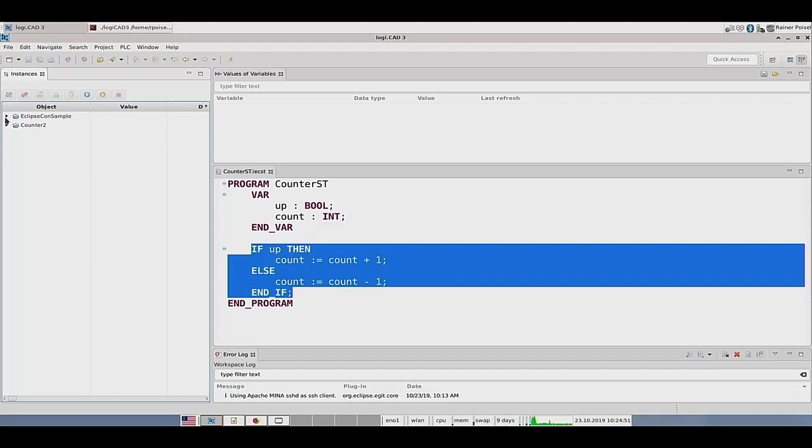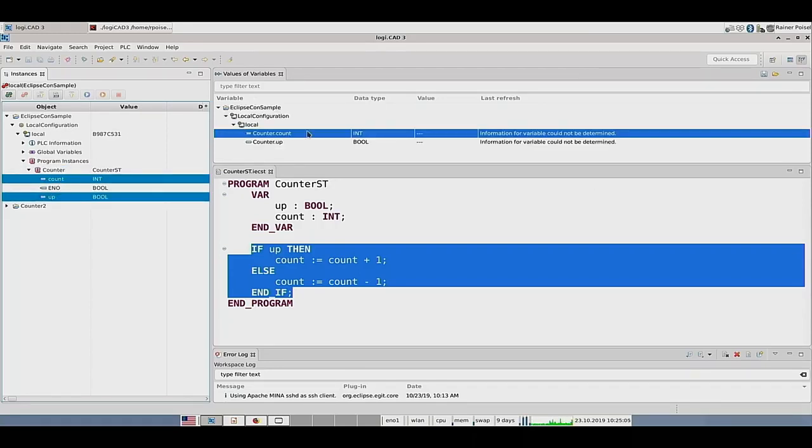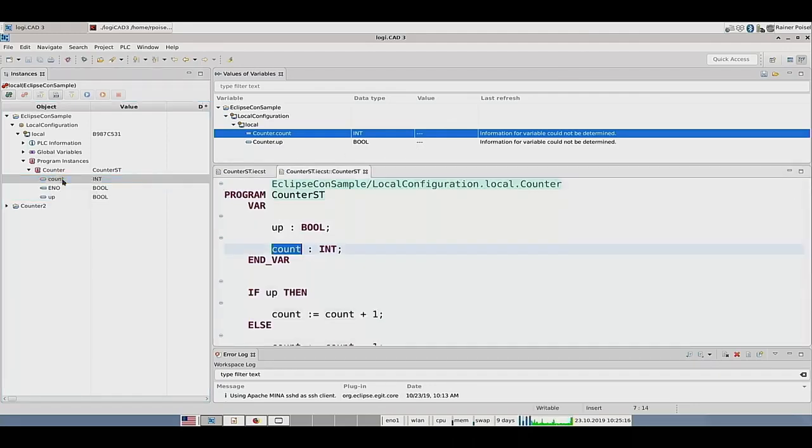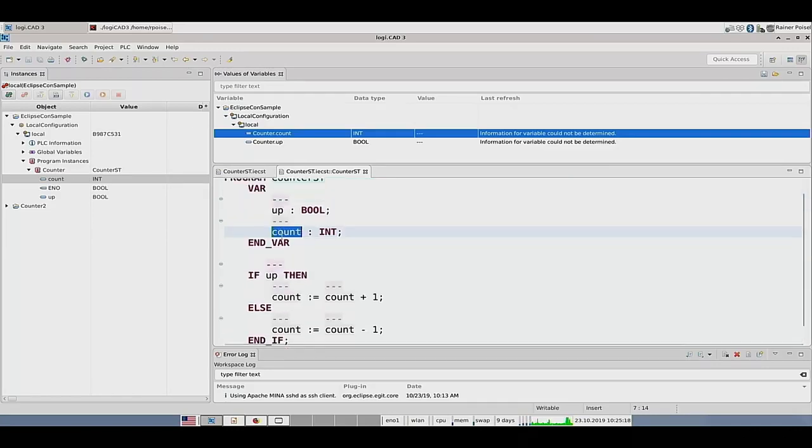Here you can see the prepared program. I will now move these variables being used in the program to the values of variables view. I think it is quite small, but there is another option to look at this. We can also open a special variant of the editor for the structured text, which has placeholders for the values of the variables. So as soon as I connect to the PLC,